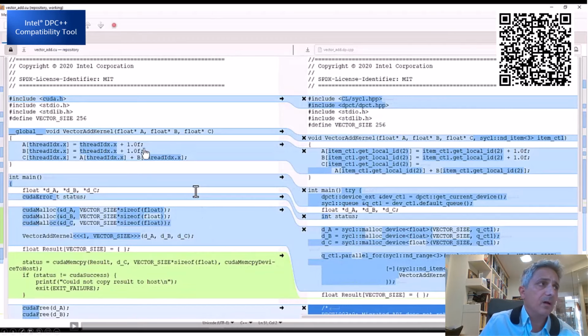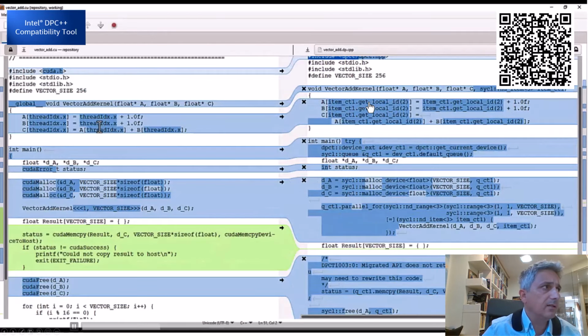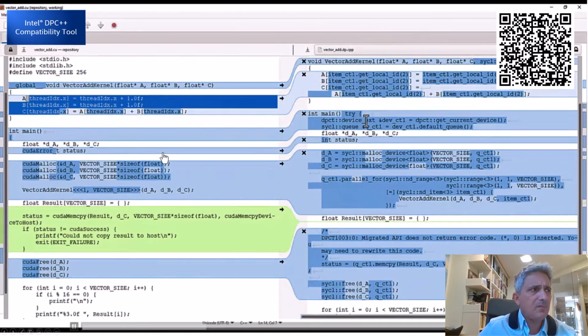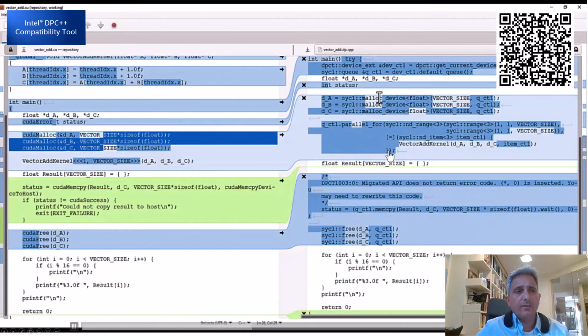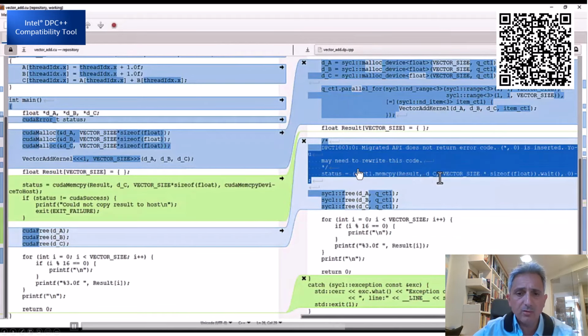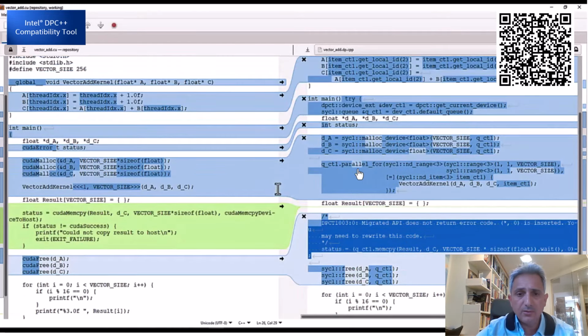I'll just show you one example of a code I tried to convert from CUDA, as you can see here on the left side, to SYCL, to C++ on the right. And you can see here how, of course, the libraries are different and being brought automatically. The buffer allocation looks different. And the actual kernel is being built here. And there you get all kinds of comments. For example, the error code is different, which makes total sense. And try it. Just Google Cyclomatic and take your CUDA code to C++ and open it up to so many